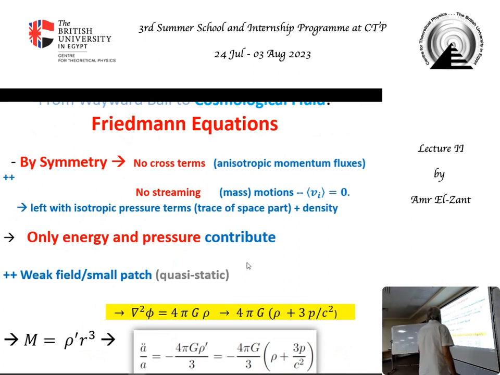Okay? You're left really with the 3 pressures and the energy, which in our Newtonian limit, you can add them up like that. Meaning the small patch quasi-static, okay? That, communication speed, speed of light, and the stuff we talked about. Communication speed smaller than the expansion, communication time smaller than the expansion time. Okay, so you have your Poisson equation plus the 3 pressures, Vxx squared, Vyy squared, Vzz squared, and so on, over c squared, okay? Because we're dividing that by c squared.